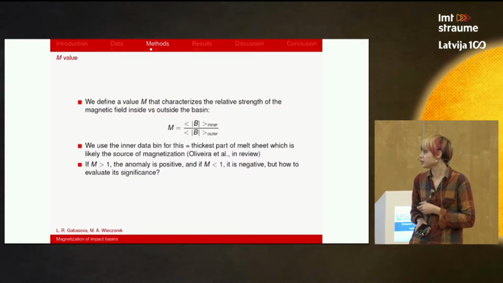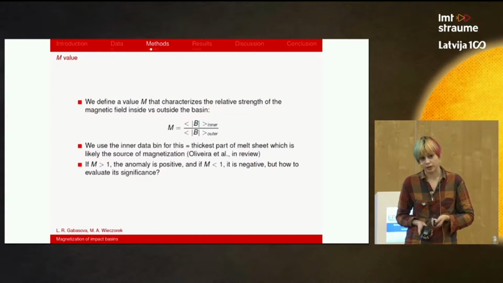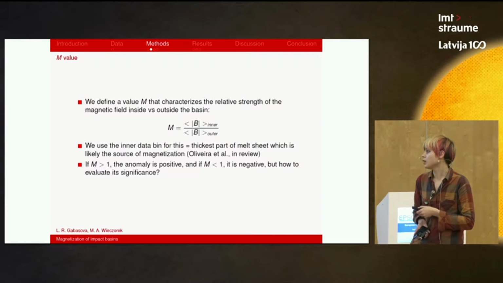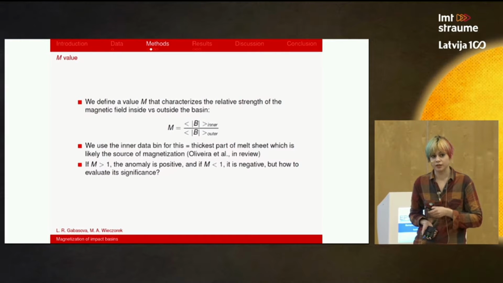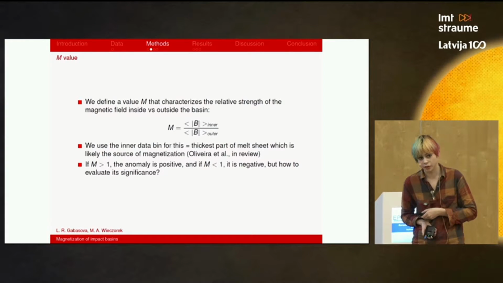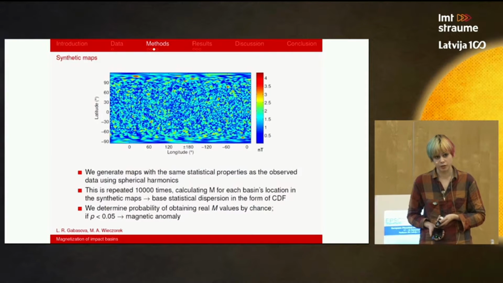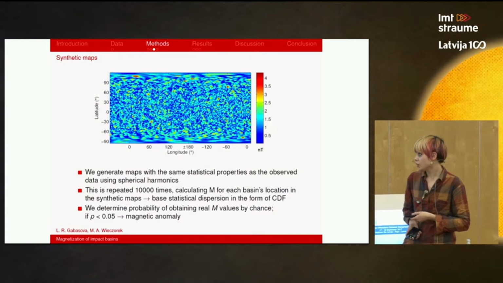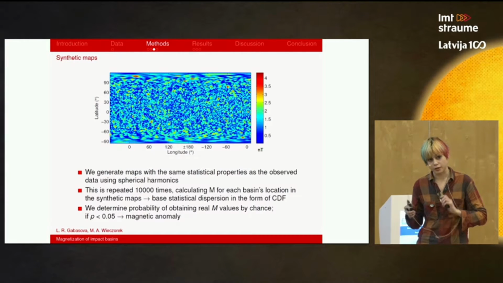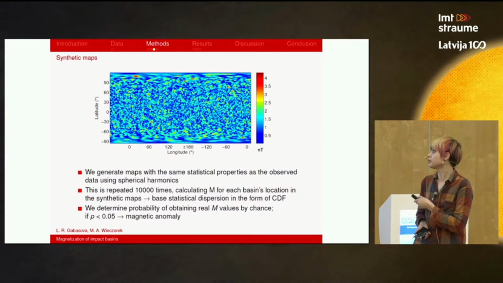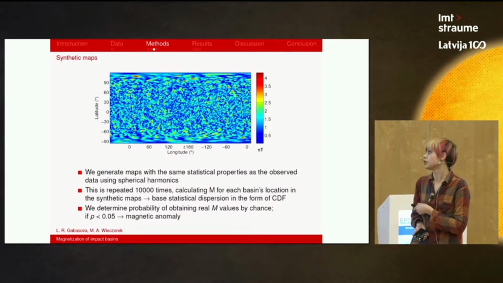So what this ratio gives us is the sign of the magnetic signature. If it's more than 1, then there's a positive signature. If not, then negative. But what it doesn't tell us is whether there is actually a significant deviation from the average. And to quantify that, we use a Monte Carlo method with synthetic maps. So we take the observed magnetic field strength map and look at its statistical properties, mostly the mean and the variance, and use spherical harmonics to generate a random normally distributed map with